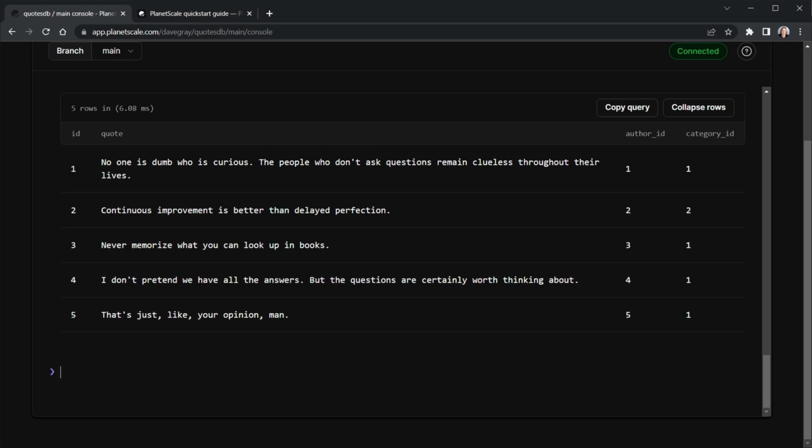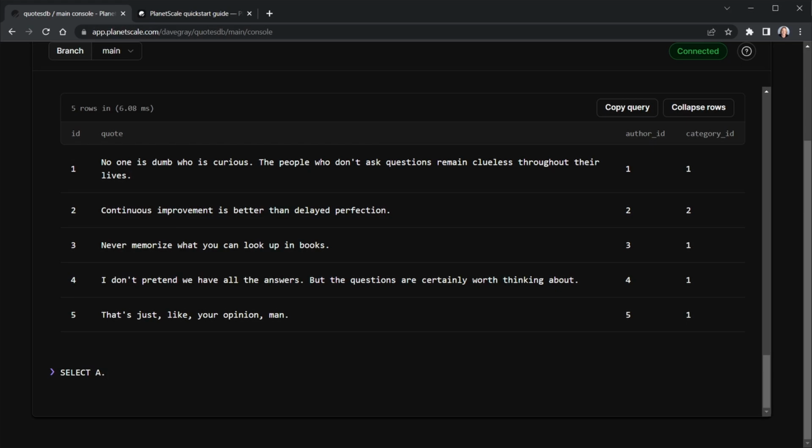And it's going to have a couple of inner joins because we have these 3 tables. And we won't want all the data from the tables. We just want the actual quote, author, and category. So let's go ahead and write this query that we would use to get the data we want in the